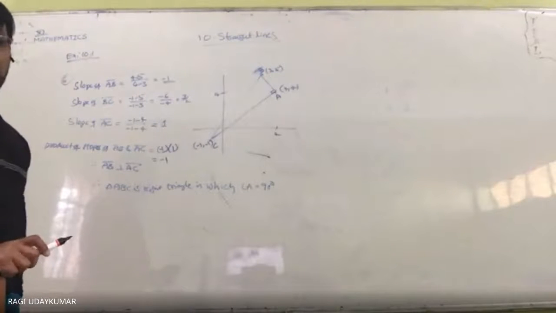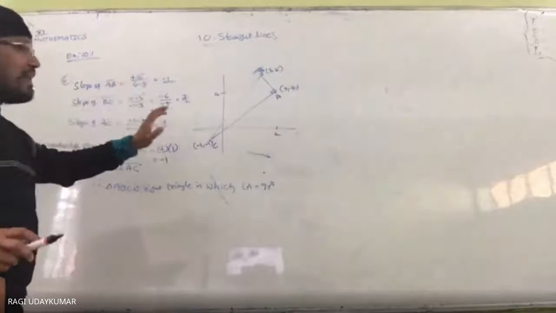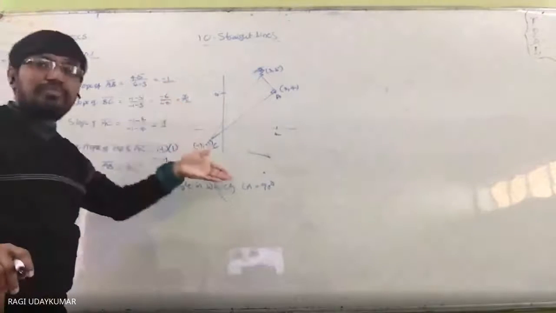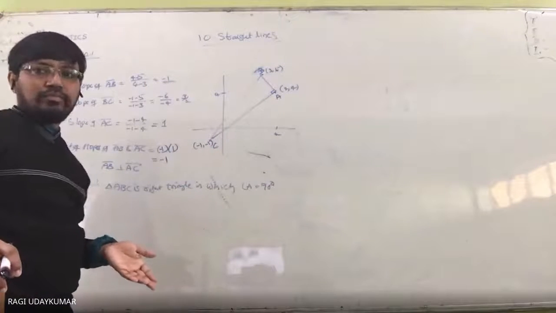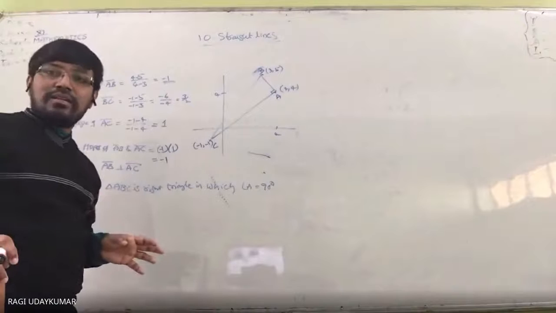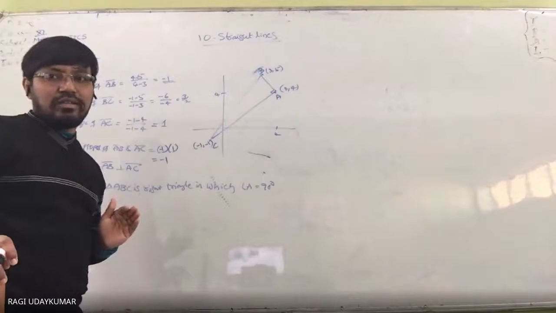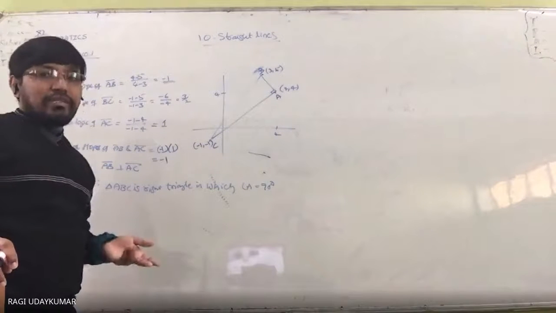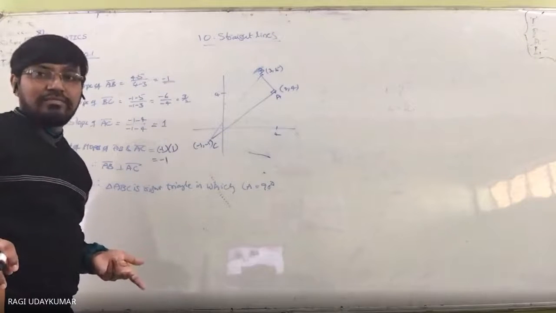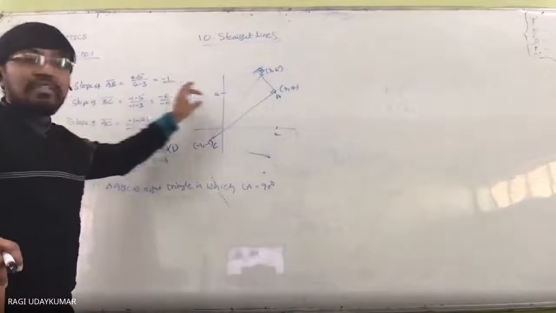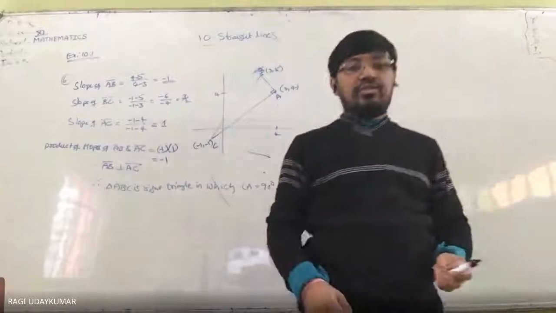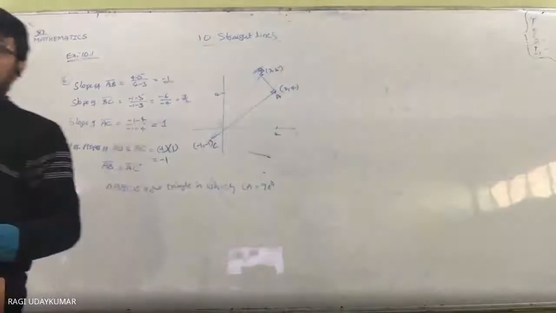We have not taken it, you have to observe, because I thought this is not essential for you, but we don't know which two lines' product will be equal to -1. A right angle triangle is nothing but two lines being perpendicular to each other. That means you can guess any two lines, but we don't know which two lines are perpendicular. So that's why it is better we find out the slope of the line BC also. Slope of the line BC also you find out. Okay? Let us move to the next question.